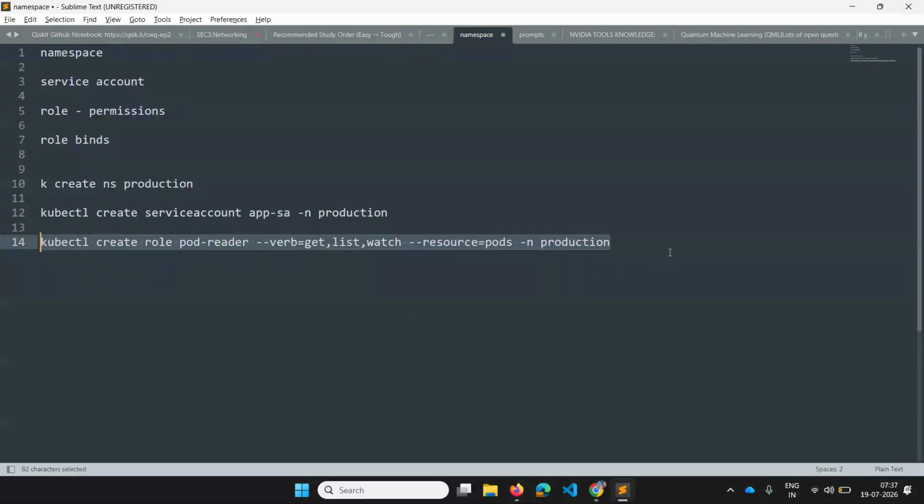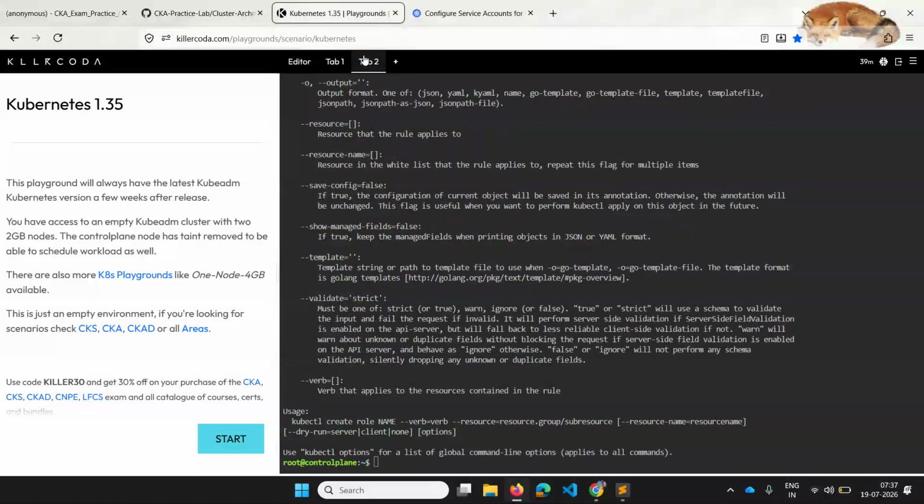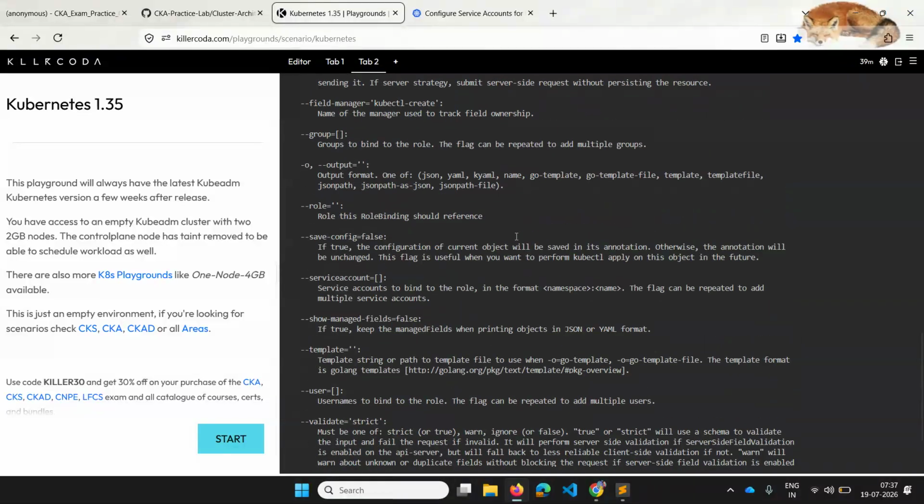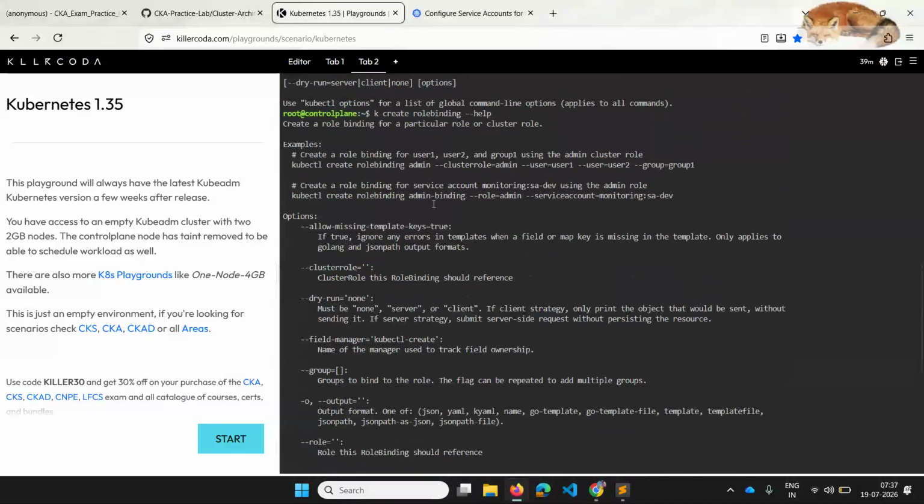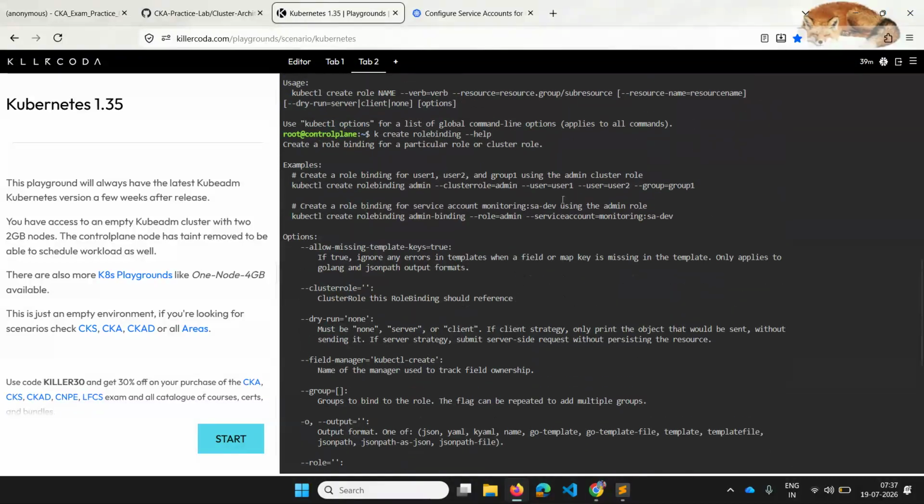Now we have created a role and we have created a service account, but we didn't bind those two so that the service account can do particular actions. So I need to create a role binding, and for that I have to do create role binding hyphen hyphen help. I hope I'll get some role binding example as well.